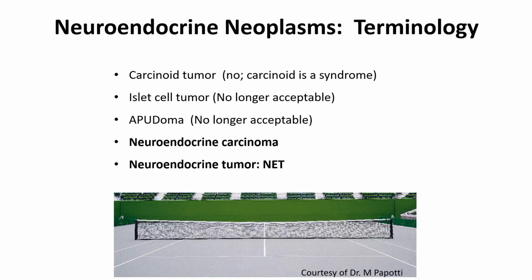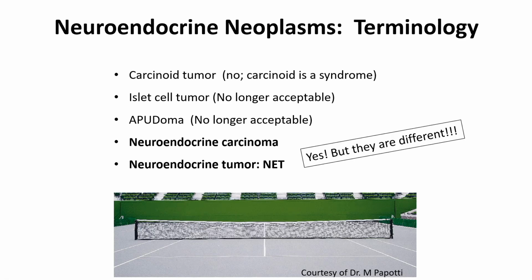So the two that I want to concentrate on are neuroendocrine carcinoma and neuroendocrine tumor. And I was actually a proponent for a long time of not using this tumor thing because when it metastasizes, it's obviously a carcinoma. But you know, Mauro Papotti, who I mentioned yesterday, he gave us those beautiful pictures of thyroid. He also gave me this very nice picture of a NET. And he said, Sylvia, you just have to accept this terminology, go play tennis. Well,